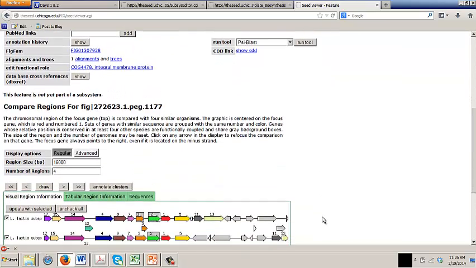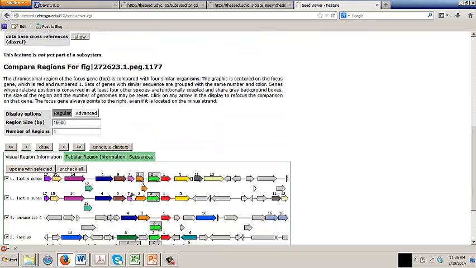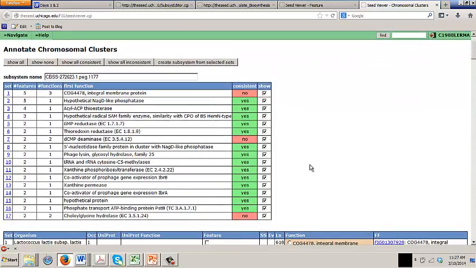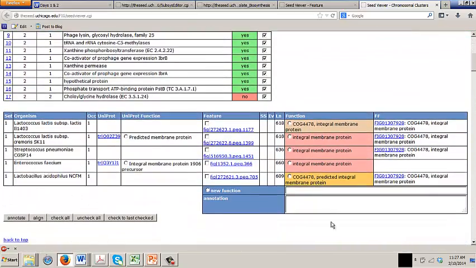So again, don't touch this. Your hands are still on the roof of the car. And this is listing all the different genes that are in that view, starting with your integral membrane protein and going on to the other things that were in that view. You notice here it's called COG4478 integral membrane protein. Here it's just called integral membrane protein, but the homologies are very high. We can transfer the annotation from here to here by clicking that radio button on